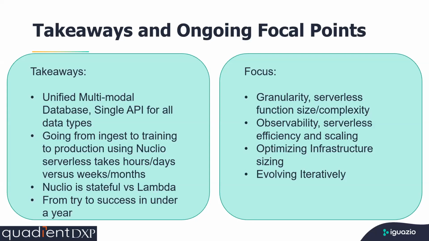So we talked a little bit about the statefulness of Nuclio and the performance. And this is the biggest thing for me: we went from try to success in under a year. That's something that I don't believe we would have been able to do had we tried to build this ourselves. Some of the focal points and ongoing lessons: obviously, cloud infrastructure is cheaper than physical infrastructure, but it's not free. So we have to make sure that our functions, our containers, and the code that we deploy are as granular as possible,